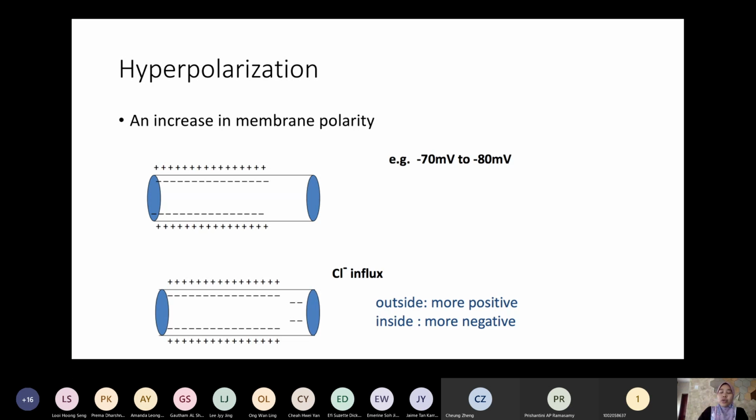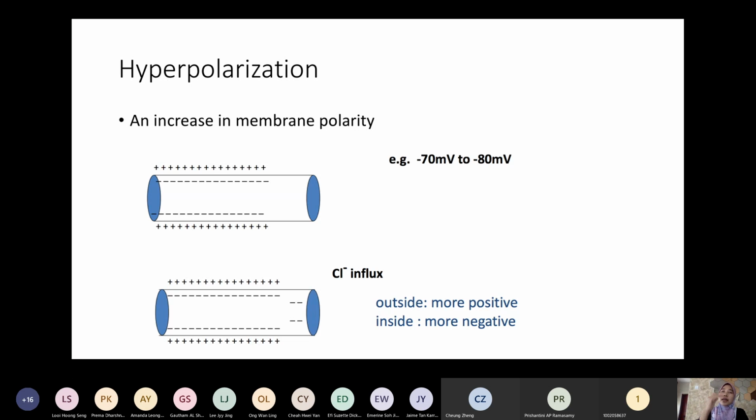So when there is a delay in the closing, a lot more potassium will leak out, causing the inner cell, which is supposedly negative, to become a lot more negative during hyperpolarization, super negative. So from negative 70 millivolts, it will go to negative 80 millivolts. Please bear in mind, even though the cell can be depolarized or hyperpolarized, it will later equilibrate back to its normal resting membrane potential.